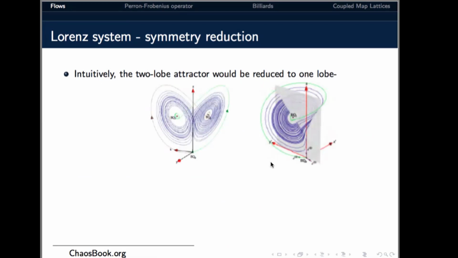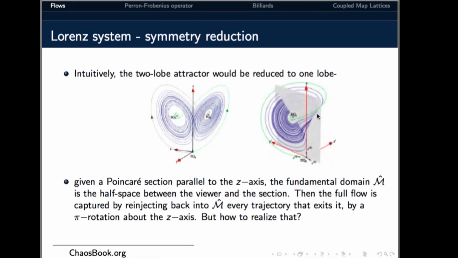Now, intuitively, what will happen if you reduce the symmetry, as in this other figure from a chaos book, is that you go from a two-lobe attractor to a one-lobe attractor. What are we doing? Well, ideally, given a Poincare section parallel to the z-axis,